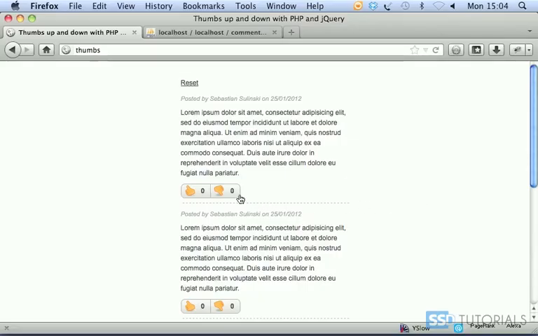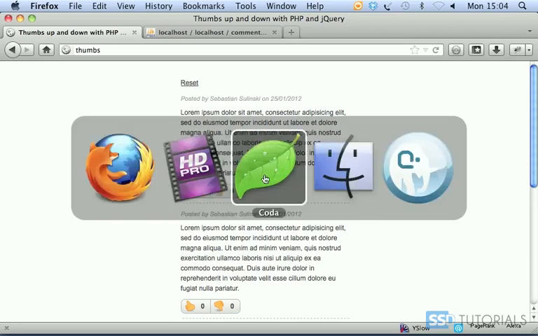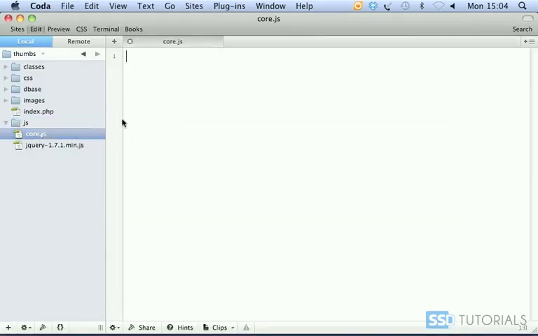Now if we preview our file in the browser, obviously you can see our buttons are now showing. We have this hover status and everything. If you click on them, nothing's going to happen because we haven't applied any JavaScript to it yet. So let's move back to our editor, open our core.js, and first thing we're going to do is do the